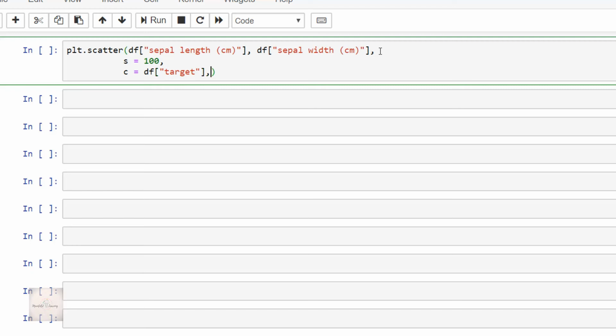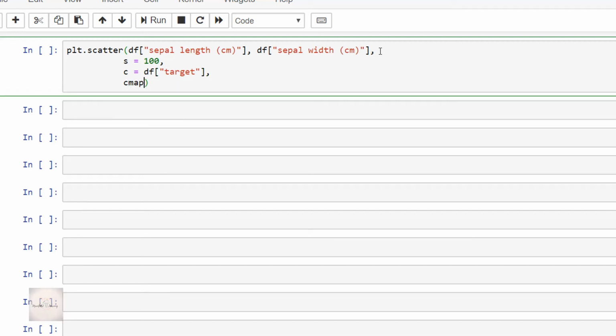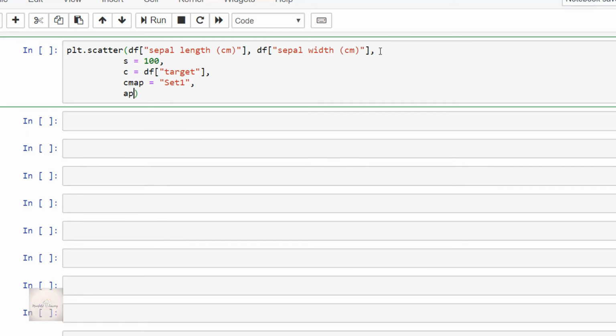After that, cmap is equal to Set1, and alpha is equal to 0.5. Now, for plotting the scatter plot, we are considering only two parameters for categorization, that is sepal length and sepal width.